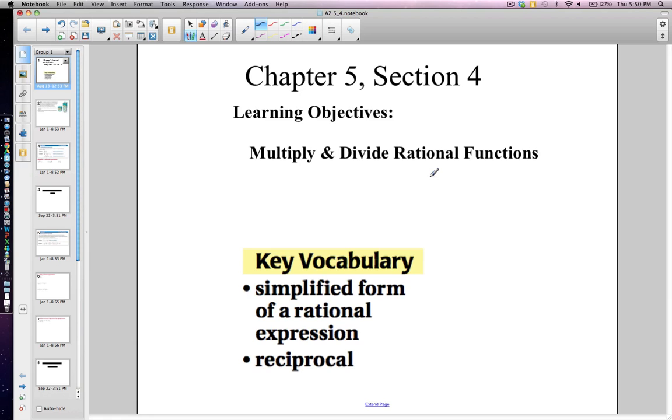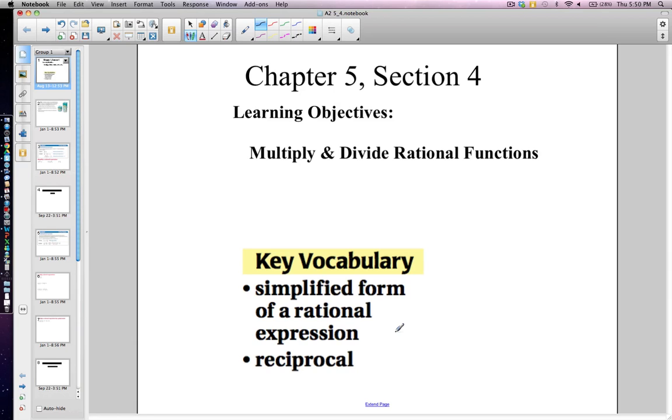So essentially, we're going to be multiplying this. The primary skill is multiplying, and division requires inverting the fraction that you are dividing by in order to then go ahead and multiply. Division is, of course, defined as multiplying by an inverse, so invert and multiply is the same thing as dividing. So key vocabulary here, you want simplified form of a rational expression, and a simplified form